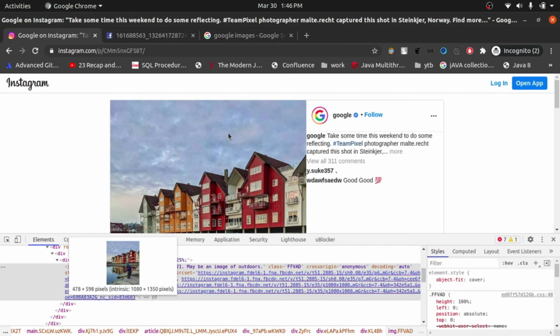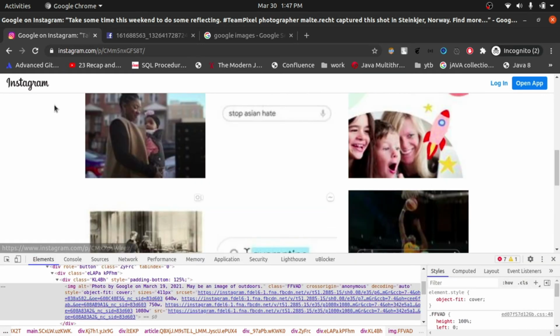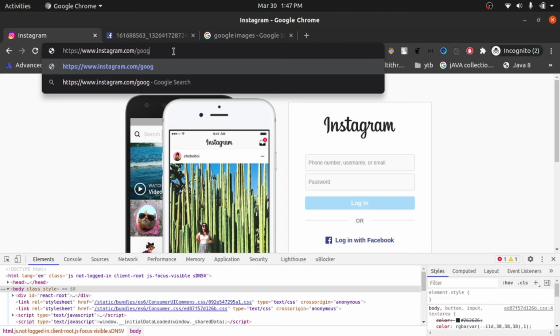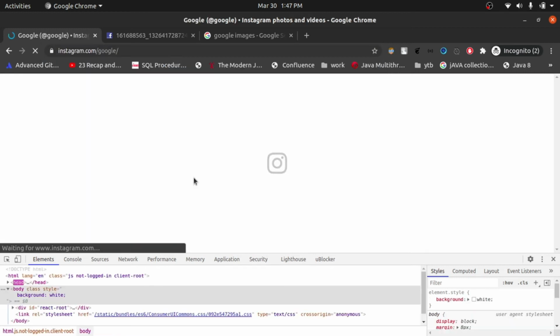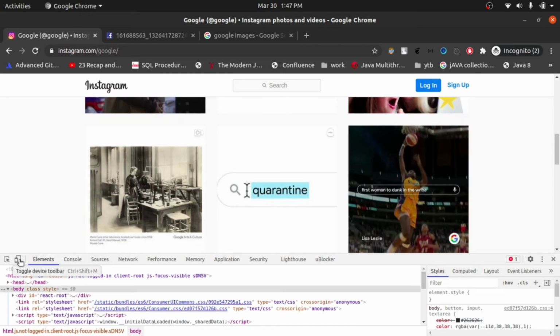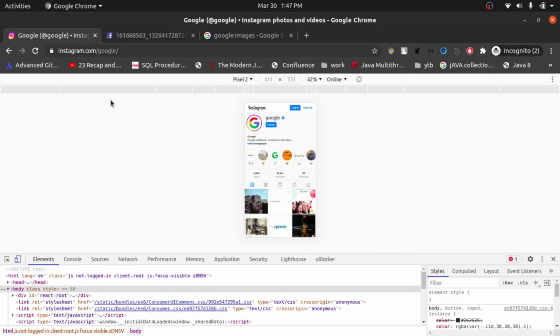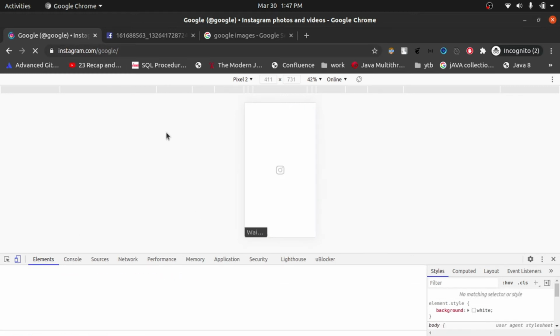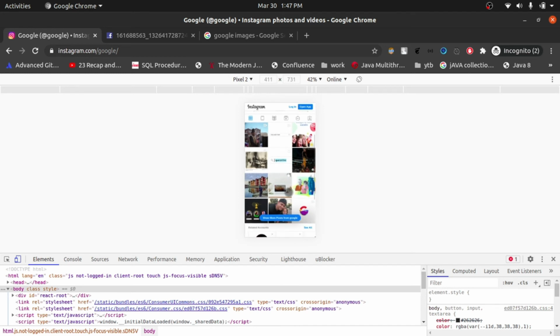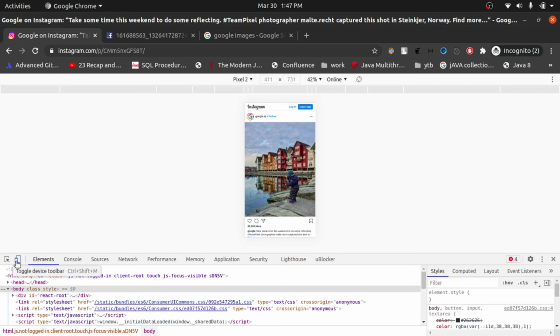Yeah, that's all. That's how easy it is. So if I give you a quick overview again of the whole process: we went to the Instagram account, we clicked on this little toolbar icon, and then we reloaded it so that it opens in the virtual mobile view, and then we clicked on this image, and then we clicked here again.